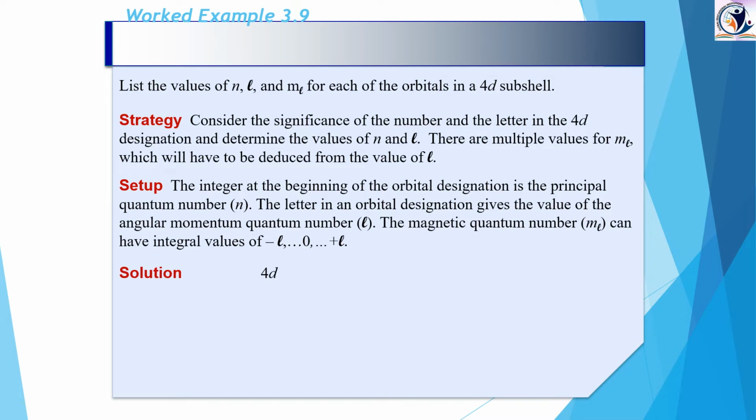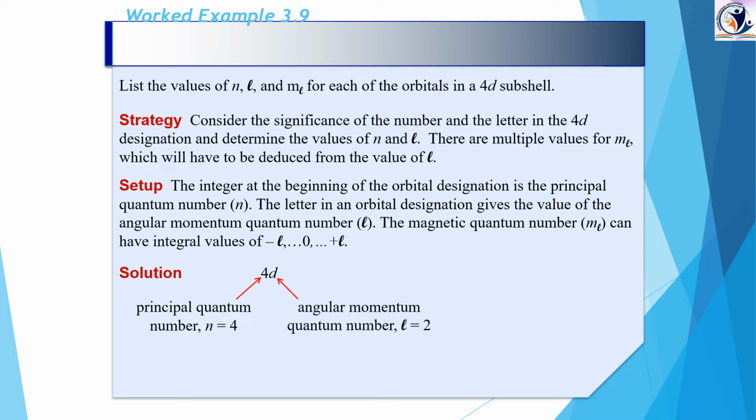Okay, let us take 4D. Now tell me, what is the principal quantum number of this 4D? Principal quantum number is n equals 4. It is already given there, right? And then the angular momentum quantum number, that is of D, depends on D. Or else you can do another thing also, children. l equals 0 to n minus 1. You have to write 0 to n minus 1. But here the value of D is what, children? The value of l for D is 2. That's what you have to mention. l equals 2.